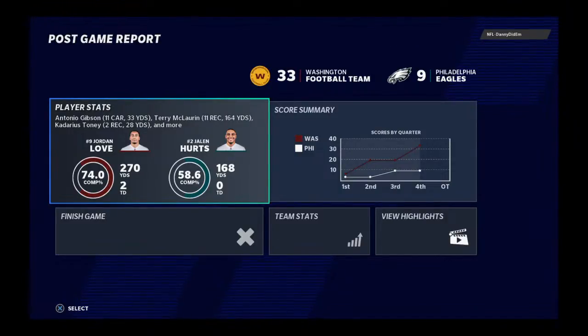So for Washington, it's an important win in terms of staying in the postseason race as they move to 6-4. And they'll return home next week to take on the Indianapolis Colts. Meanwhile, for the Eagles, what else is new? They fall again. That's now 10 straight losses to start the year. And they will be at home next week